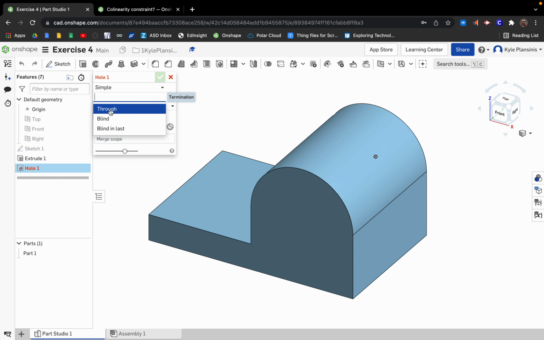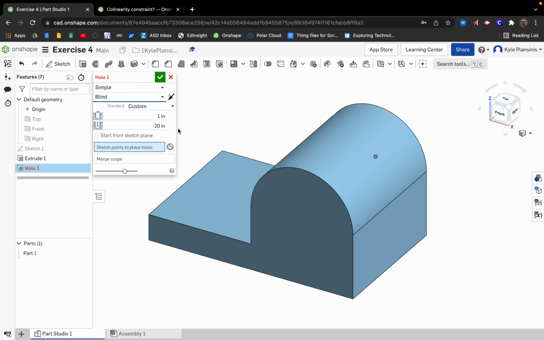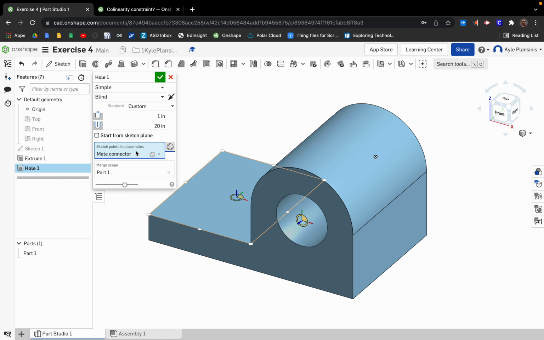Like through means that it's going all the way through. Blind means that it's to a depth. Now this is also going to create a pointed hole. So I'm going to use my select mate connectors option just to place this. And there's my hole. But if I make this a depth that's less than my part, so if I made that 1 inch,